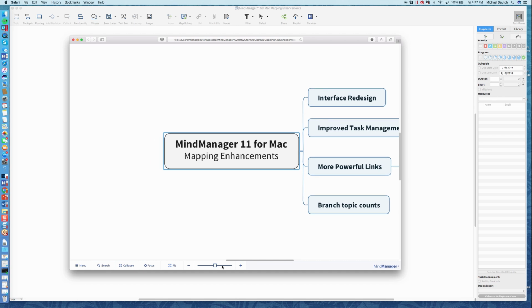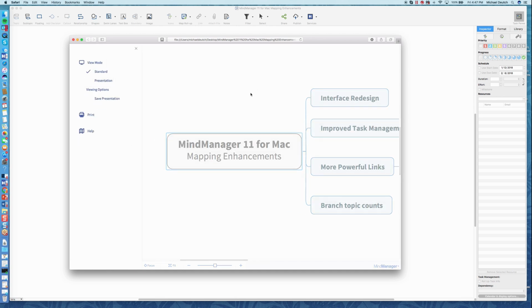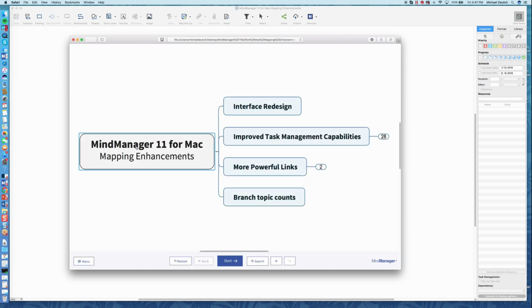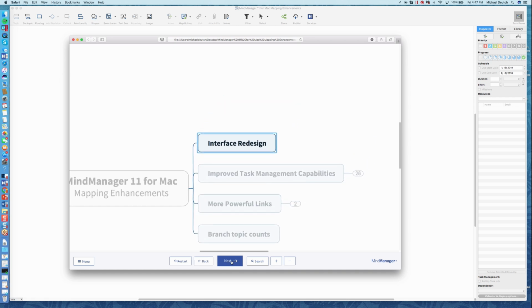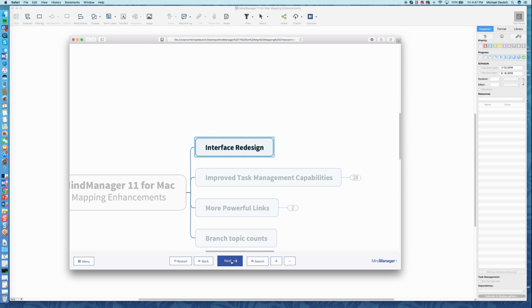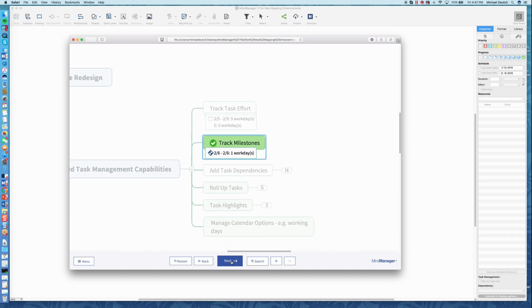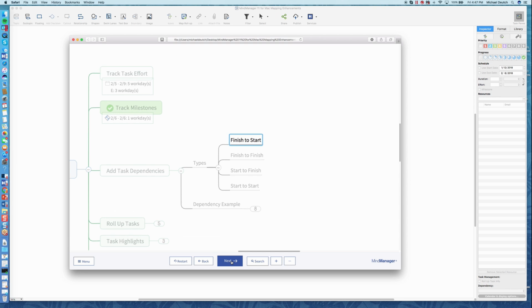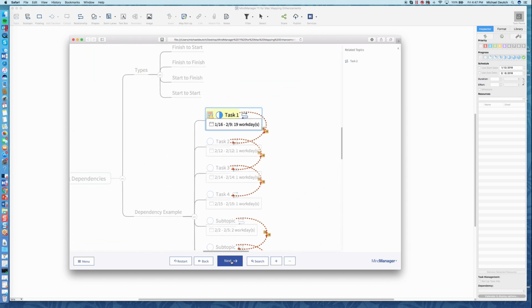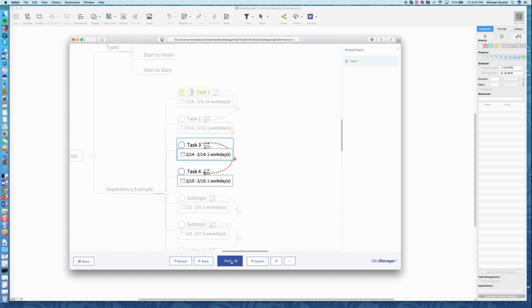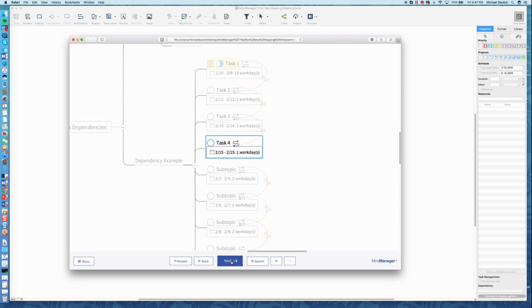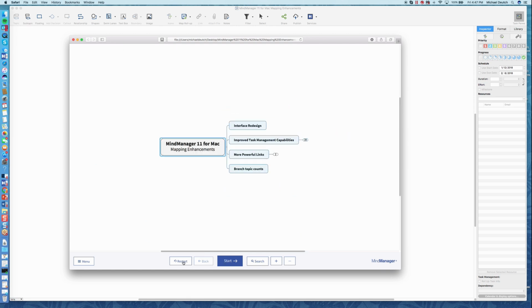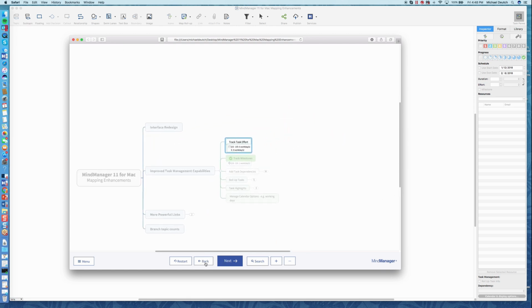And then in the menu, I can switch between this interactive map mode and a presentation mode. The presentation mode is a new enhancement with MindManager 11 for Mac as well, which allows the recipient of this file to just super easily click through the content one branch at a time. It's a really nice animated interaction that allows you to step through the content and really understand the context and the content without getting lost in how do I navigate or what do I do with this file. So in this presentation mode as well, you have the ability to restart the presentation, step through it forwards and backwards,